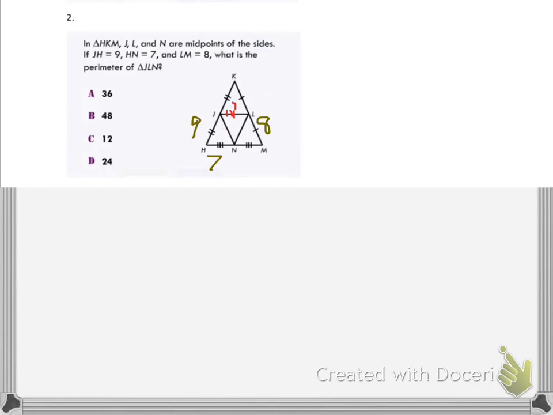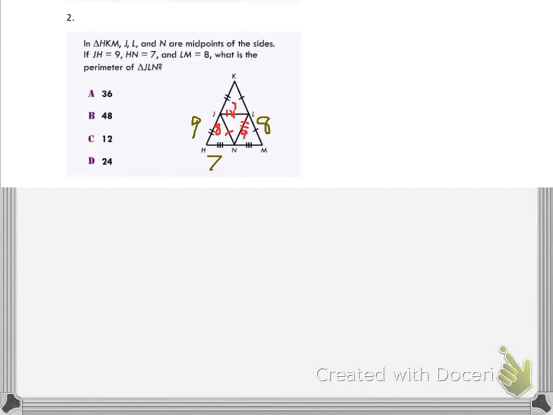So let me just go back and make sure it looks like an 8. Okay, this is an 8, and it has 1 hash mark. Okay, last one, LN is parallel to KH, and therefore it is half the length of KH. Well, JH is half the length of KH, and therefore I can put 2 little hash marks here,